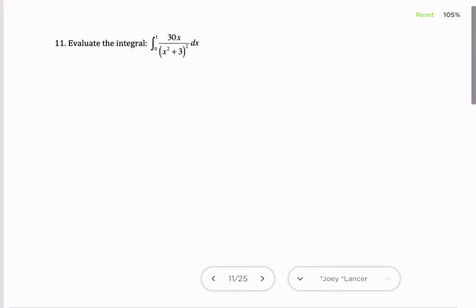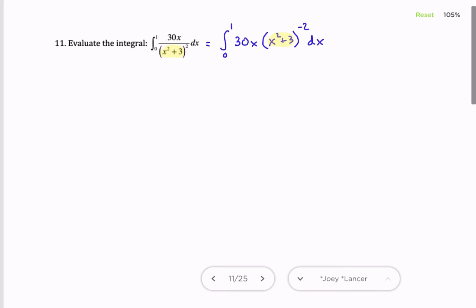All right, number 11, we have another definite integral, but in this case we have a rational function, but we also have a composite function. And so we see this inner portion right there. So first off, I do want to rewrite this so I don't have a fraction, and we'll have 30x times the quantity x squared plus 3 to the negative second power with respect to x. And so this is going to be the inner portion, and so I'm going to let